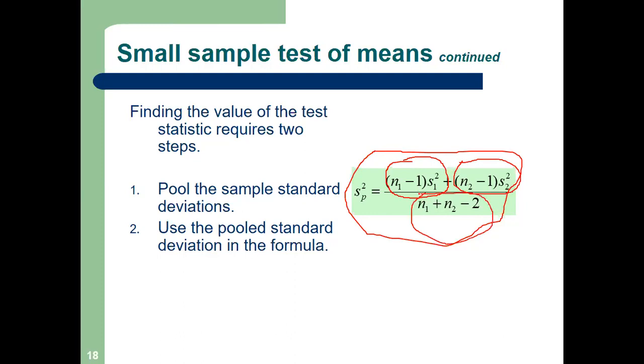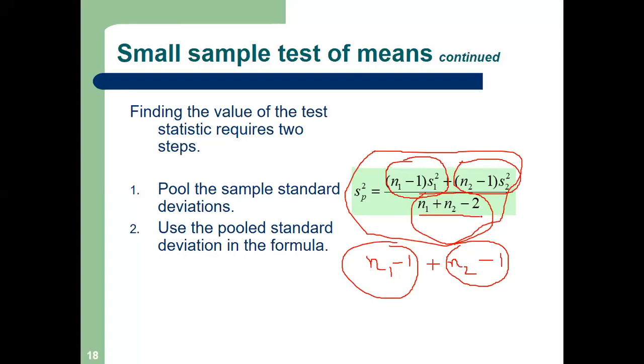see here, it is not n1 plus n2 minus 1. Why? There are two samples, so n1 minus 1 plus n2 minus 1. We are simply summing the DF of sample 1 plus the DF of sample 2. This makes up to what? n1 minus 1 plus n2 minus 1 is n1 plus n2 minus 2. Are you getting me?